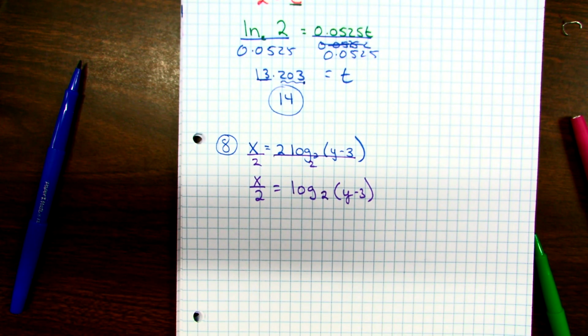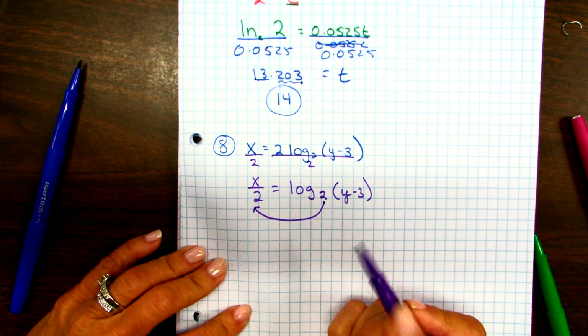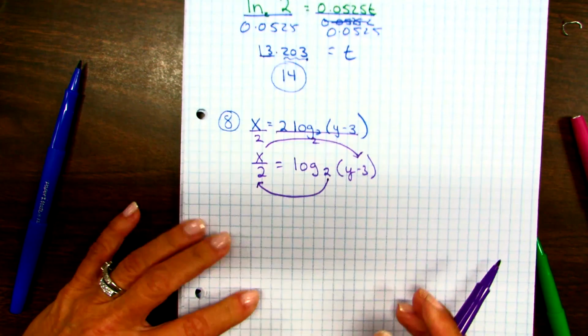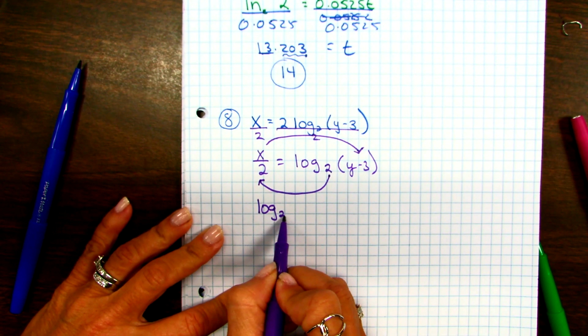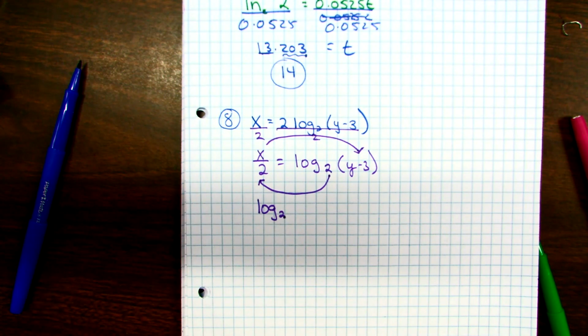And then I'm going to write this log in its other form. That's a way of getting y by itself. So base 2 to the power on the other side equals y minus 3. So I would have log base 2 of x over 2